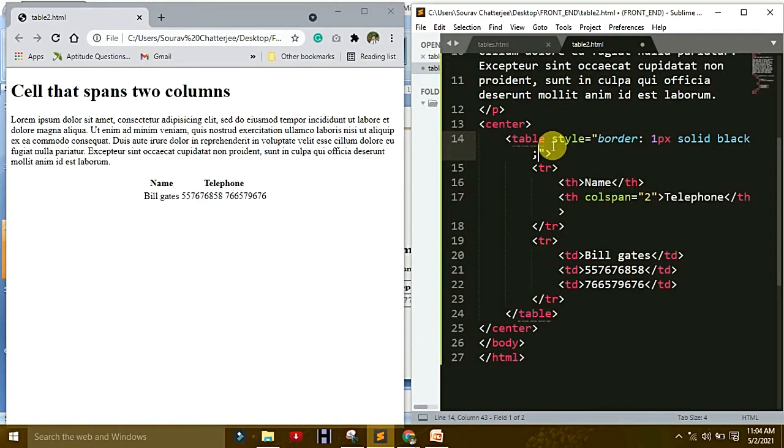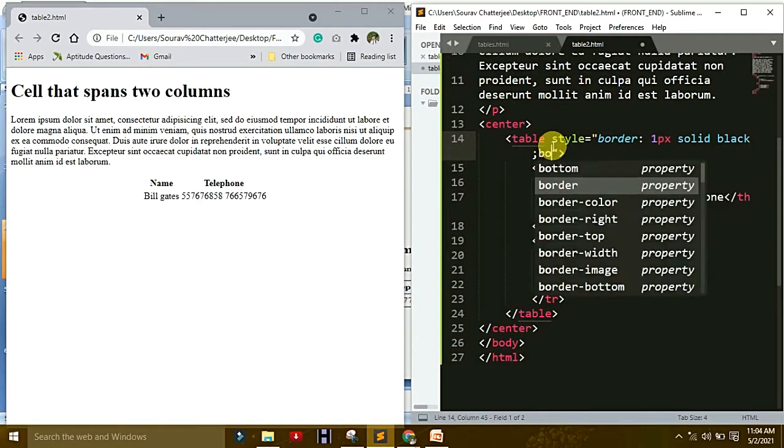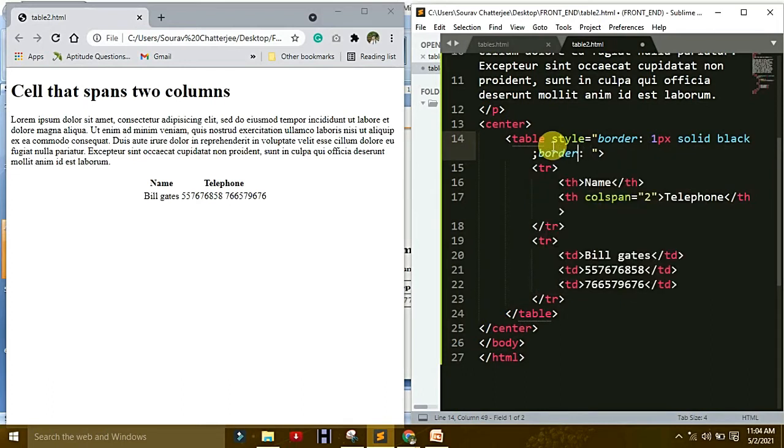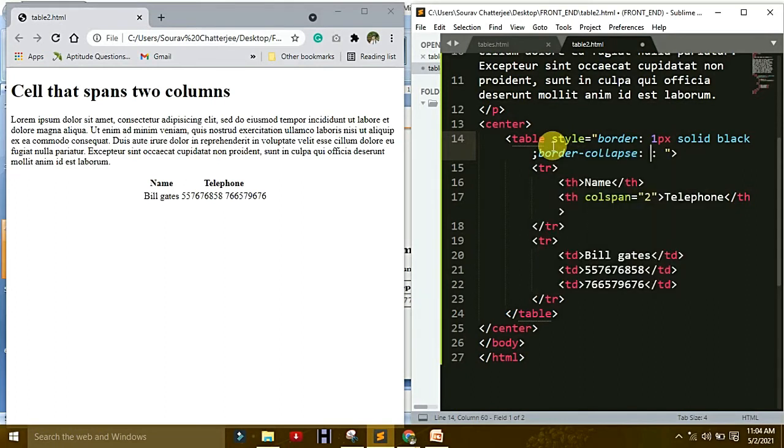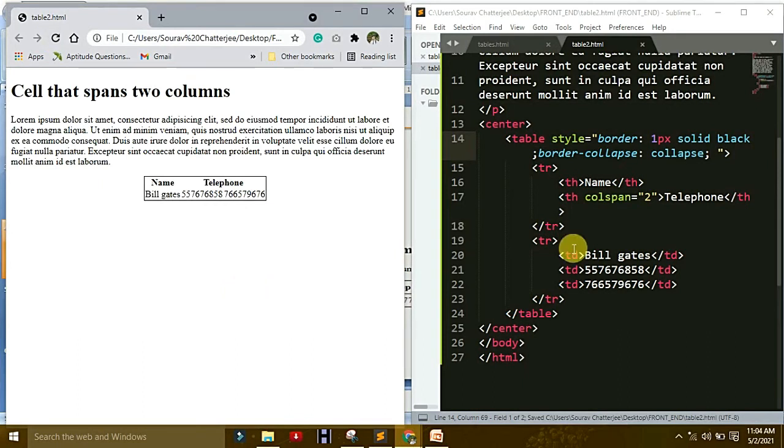Then border-collapse, which removes the space between the borders. Save it and run it. Now understand the changes.